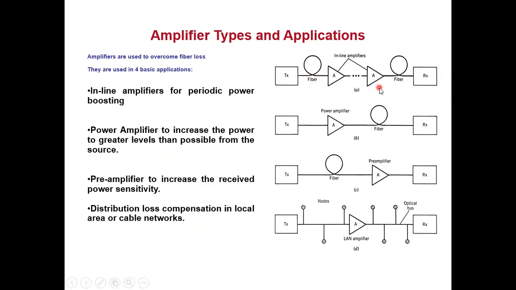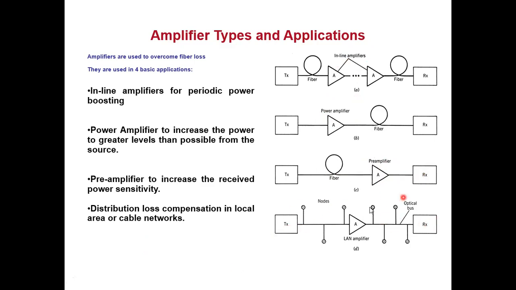Amplifiers are shown with this triangle symbol within. Immediately after the transmitter block, I have an amplifier. Then I give it to a fiber and the communication goes to the receiver. Or here in the third diagram, I have transmitted the signal using the fiber, and just before the receiver block, the destination, I have an amplifier. You can see the names of all these amplifiers are different. That is what is expected from you to understand.